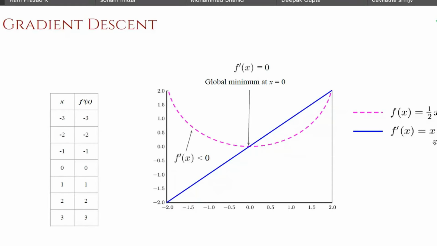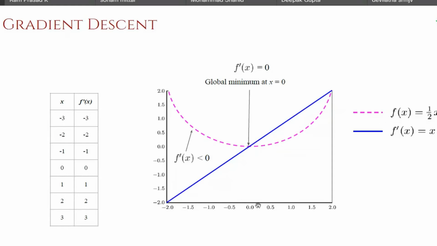That means it's a negative slope. So you again have to increase x a little bit so that you can further reduce your output. So you again make a step and reach minus 0.5. You again ask whether this minimizes it, and put it in your first derivative. f prime of minus 0.5 is minus 0.5, because f prime of x is equal to x. It is again a negative slope, so you can again increase it.